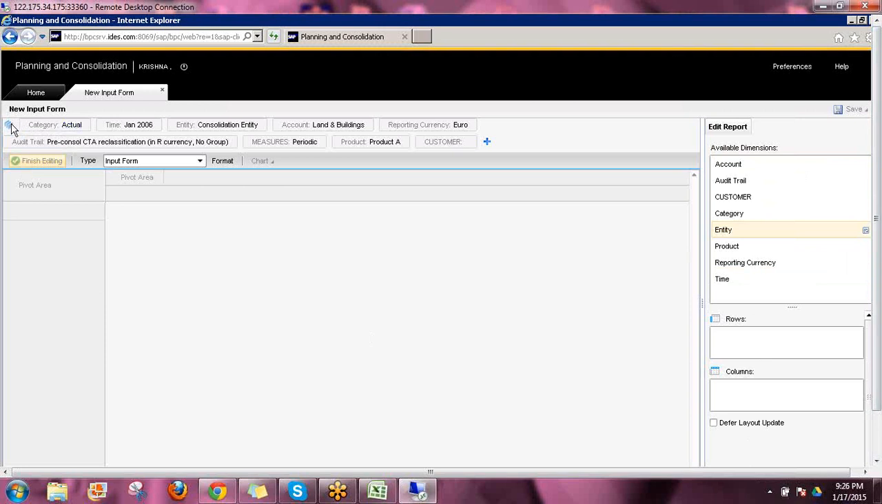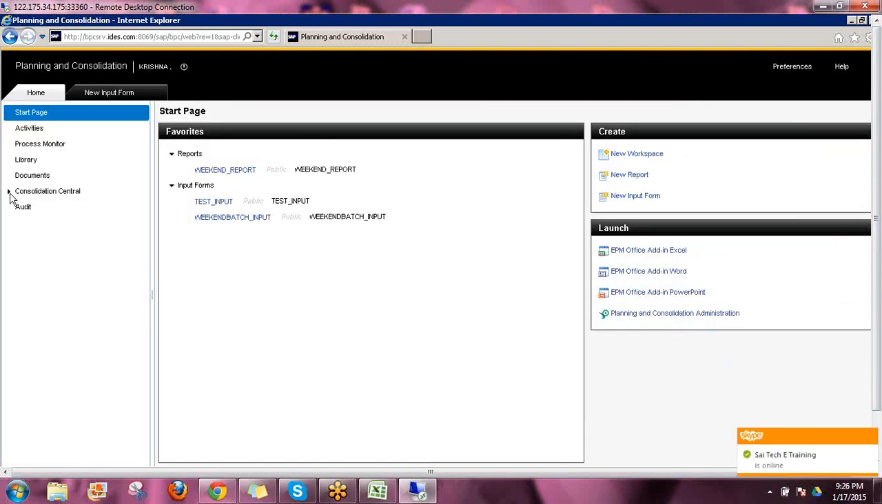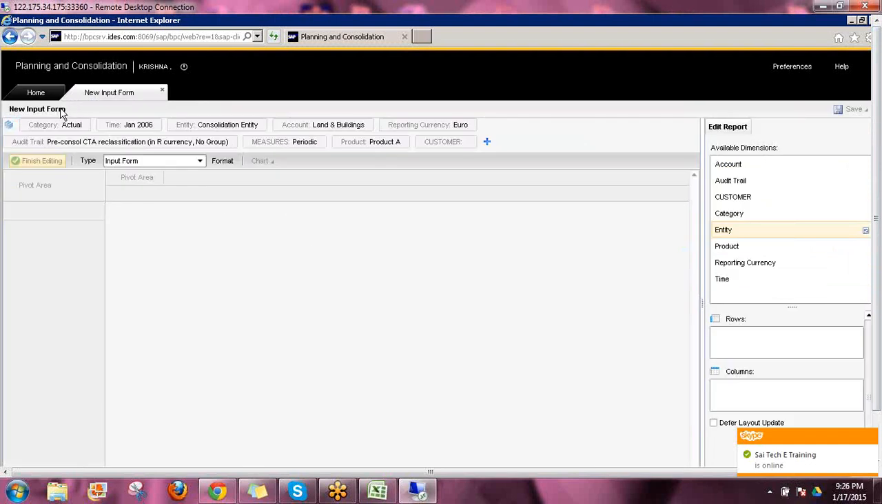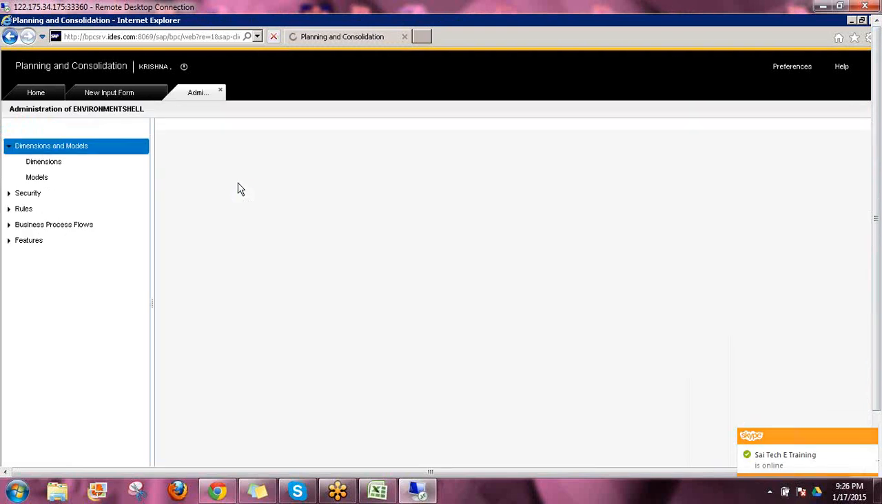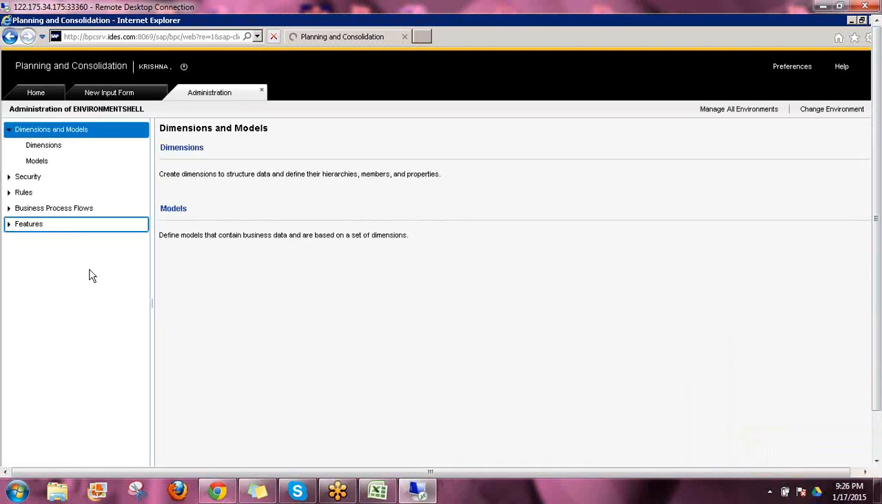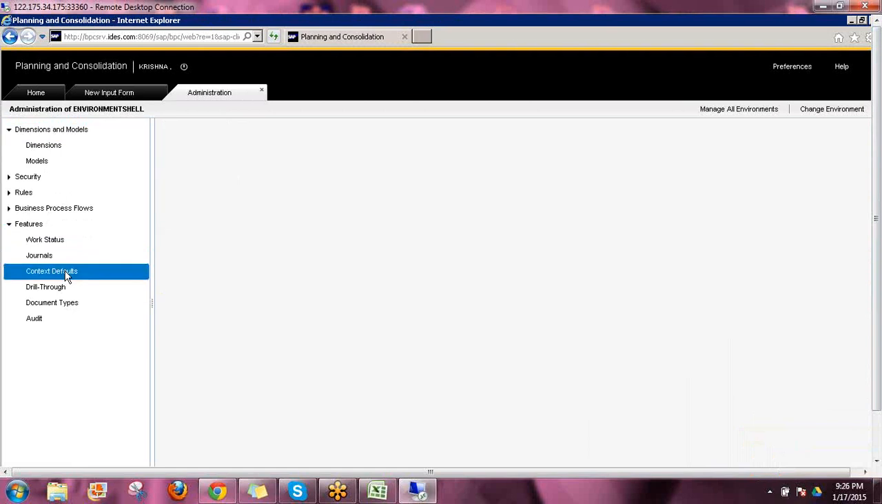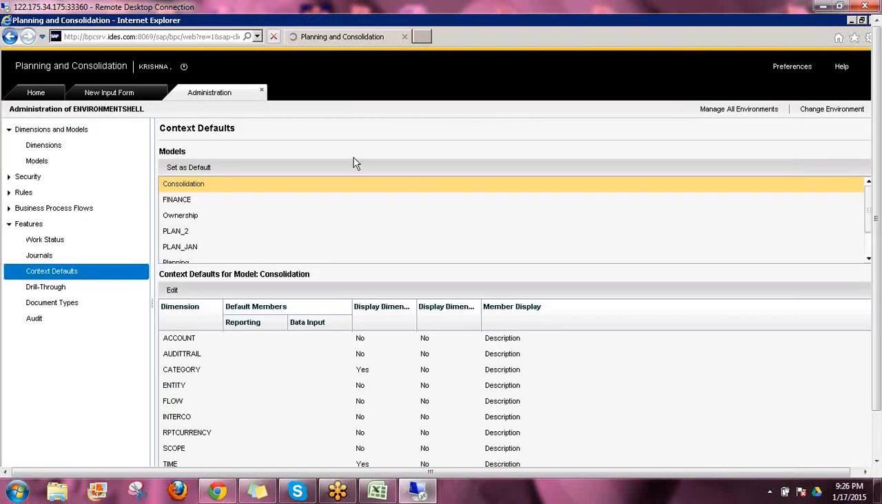But initially how the system knows which model it needs to connect to and what needs to be displayed will be based on the settings which we maintain in the planning and consolidation administration. Under features we have something called context defaults. So whenever I am talking about any input form,